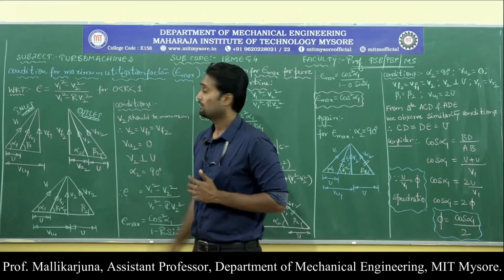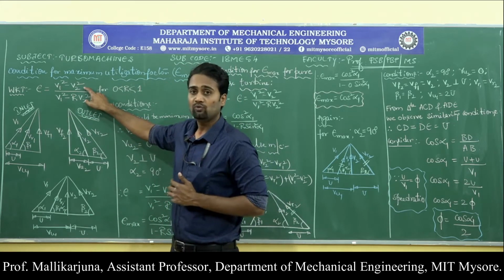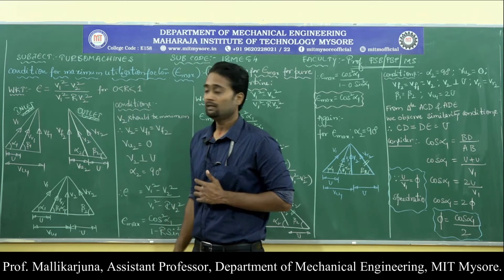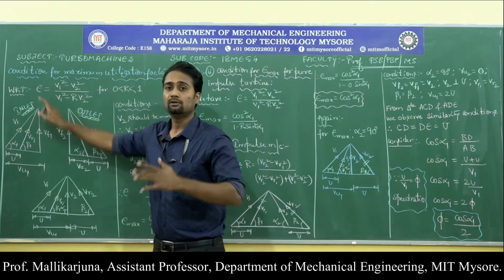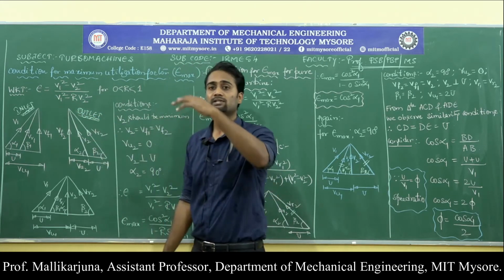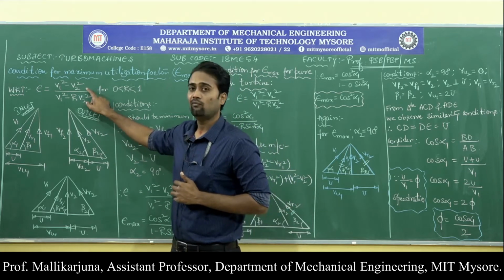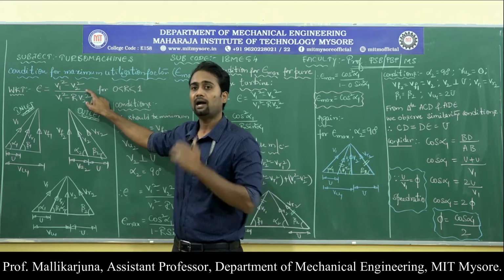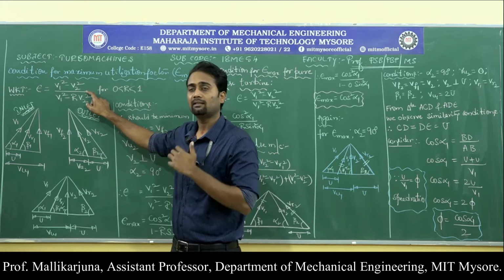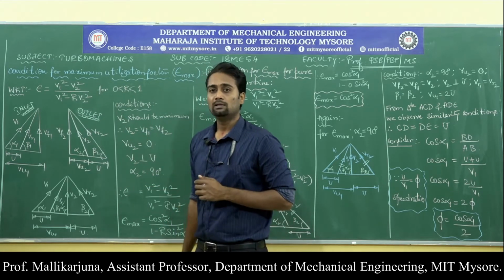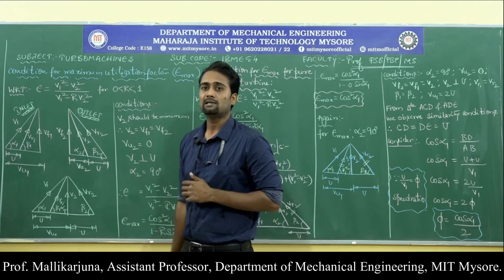What is the other factor? If I look at the absolute velocity at the outlet, if I make it 0, then epsilon reaches its maximum, its higher value. But practically, the velocity of the fluid at the outlet of the turbo machine cannot be equal to 0. We cannot make it 0.